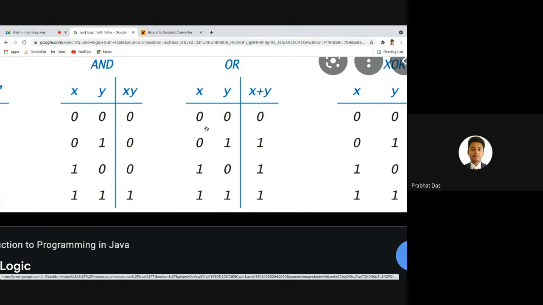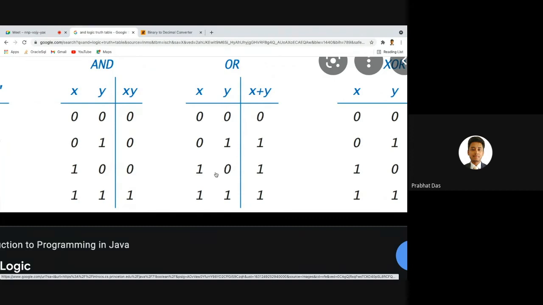Here you can see 0 1. For 0 and 1 we get 1, 1 and 0 also we get 1, 1 1 obviously we get 1, and for 0 0 we get 0. If and only if both the values are 0, then only we get the output 0. Else for every case it will be considered true.